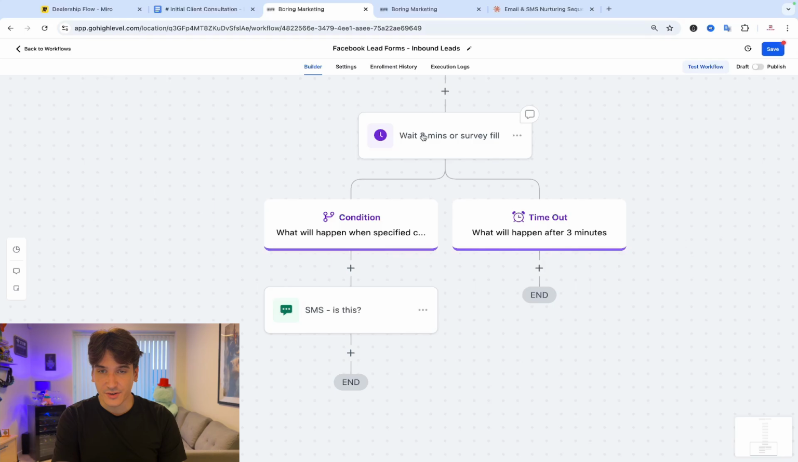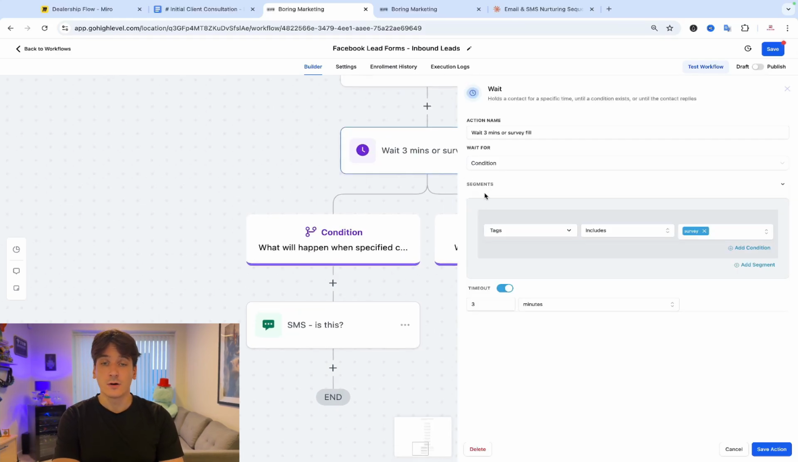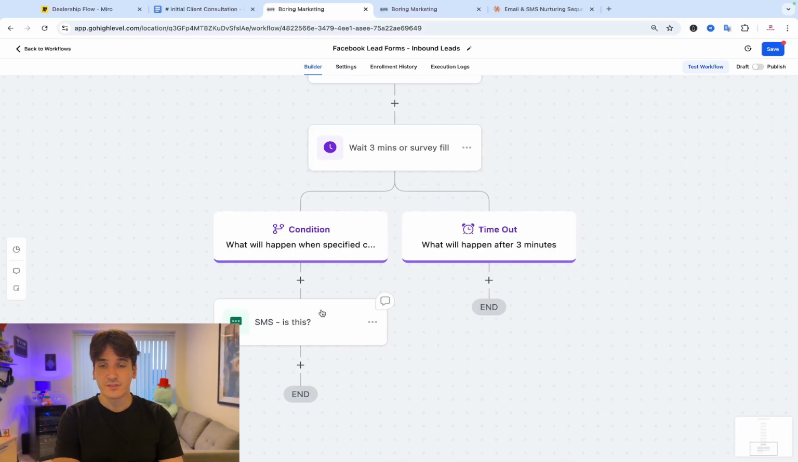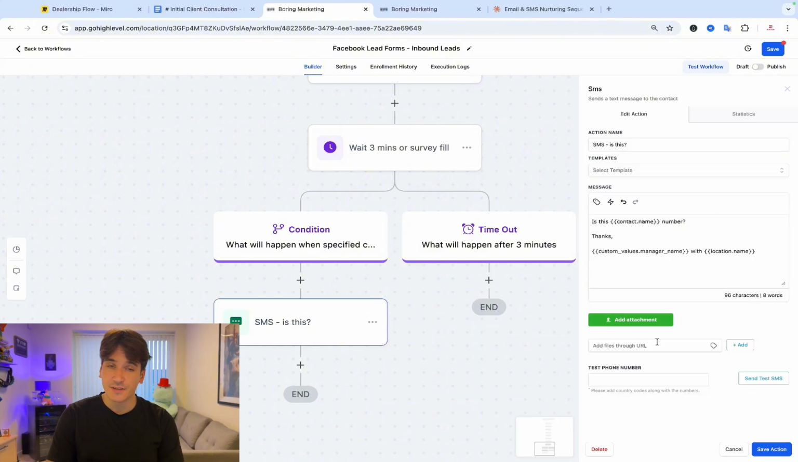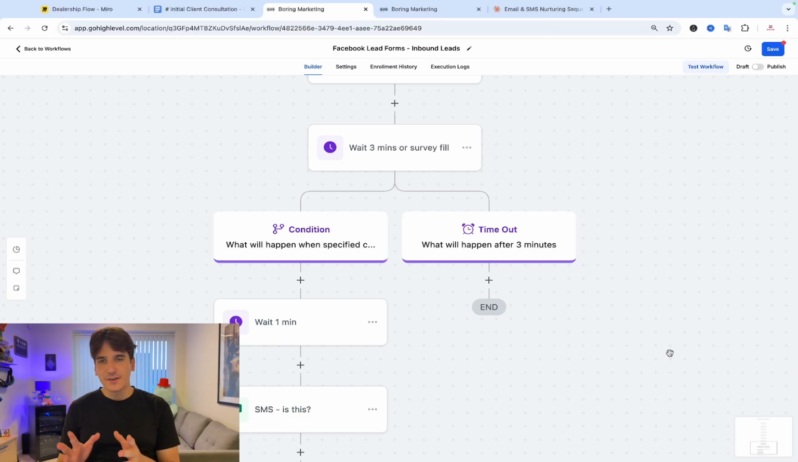So this is what we are going to do. We are going to wait for 3 minutes or until they fill in the survey. And this is the condition. If they do fill in the survey, we're asking them, is this John's number? Thanks. So now, after they filled in the survey, we are also going to give them 1 extra minute, because